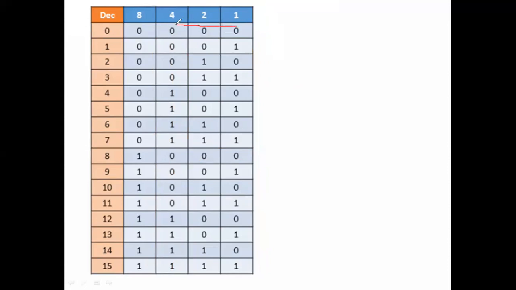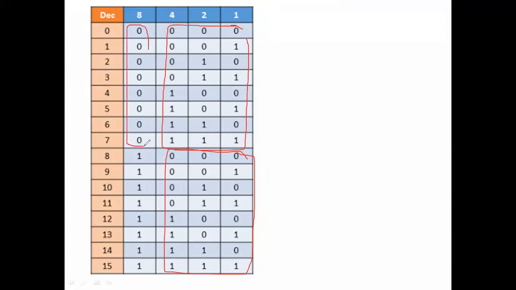0 0 0 2. 1 1 1. Okay, here also the same. 0 0 0 2 1 1 1. Okay, totally eight combinations. For the first 8 combinations, we are putting zeros.